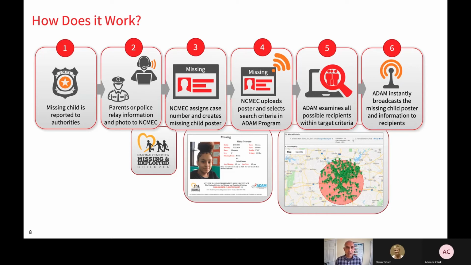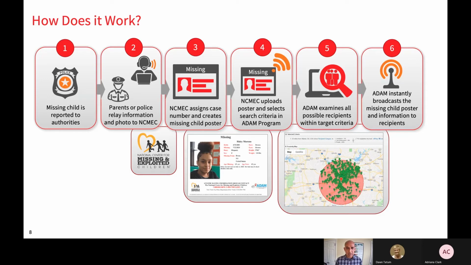And once we do that, we also have a network of people we think can immediately at least help in solving the case. In the sense, they are probably the nearest law enforcement, nearest post offices, nearest restaurants to where the child went missing. So we alert them immediately to the concept that this child has gone missing, and they can take action. If a child turns up at a restaurant, for example, and they've seen a poster of the missing child, then they can inform law enforcement, and then we can retrieve the child.